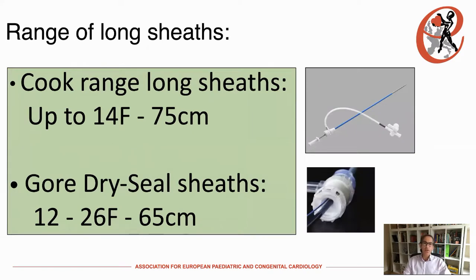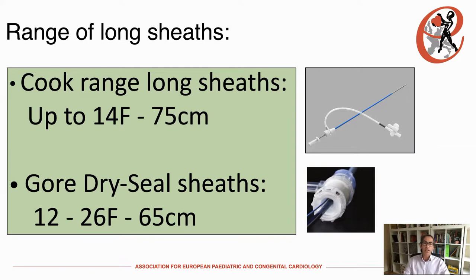The Cook flexor range of long sheaths is probably the most used and goes up to 14 French with 75 centimeter length. The flexor range are braided and more kink resistant, but remember that the tip is still soft and can unfold, complicating the retrieval